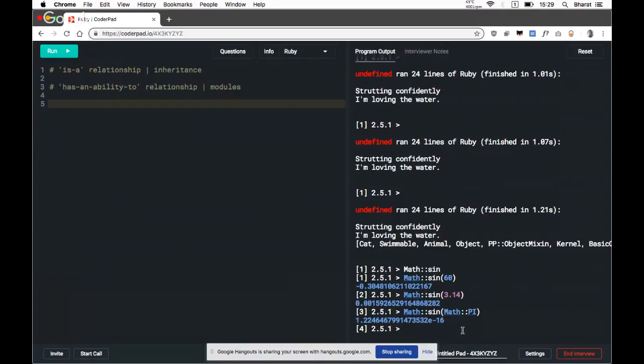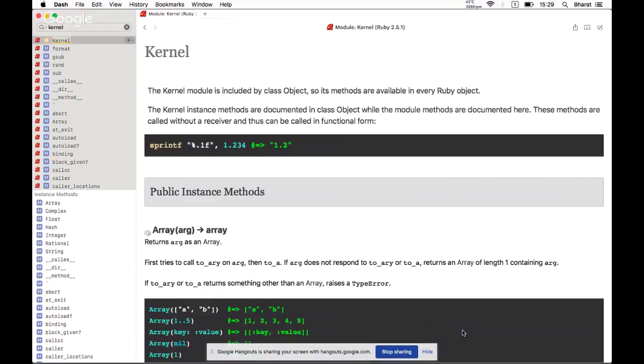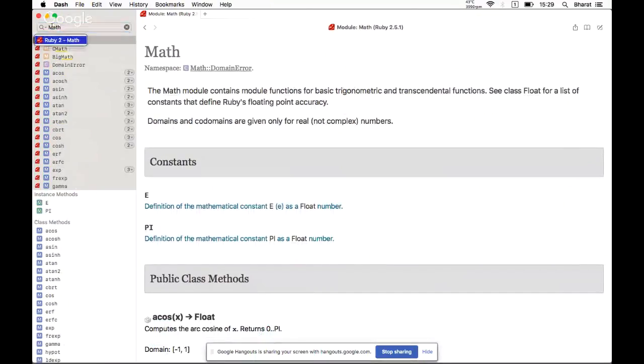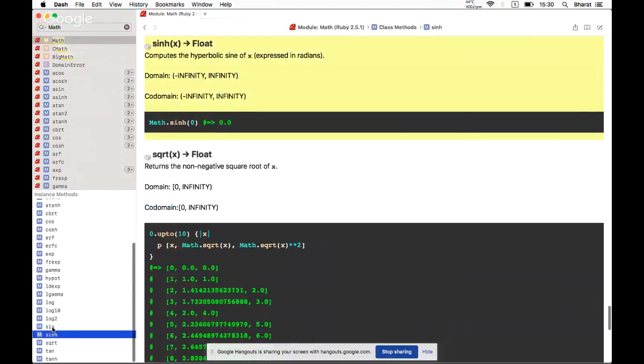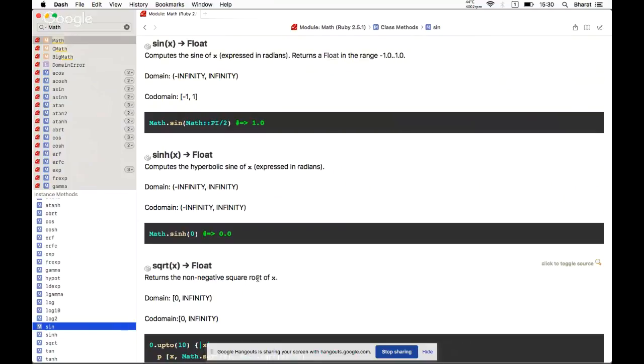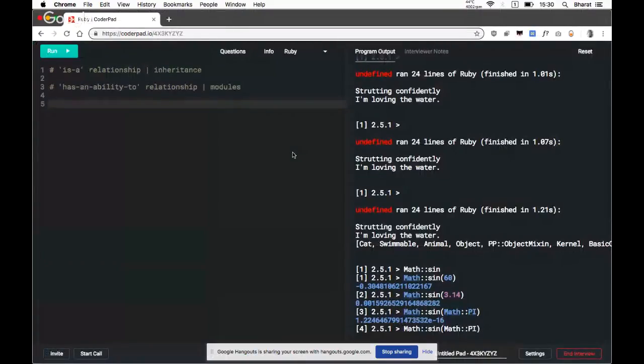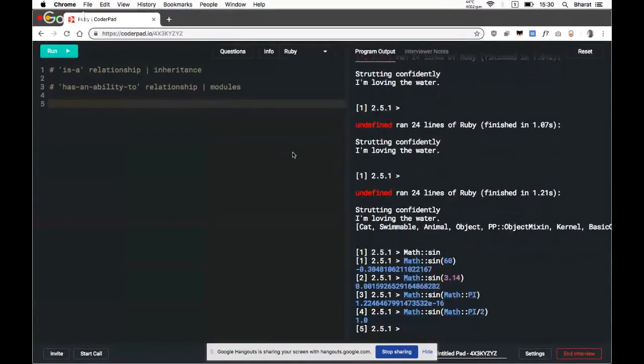I don't know what the unit is actually, to be honest with you. Radians. Yeah, I don't remember my sine values actually.